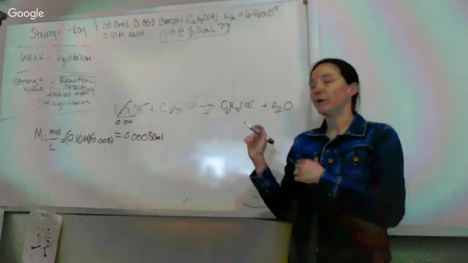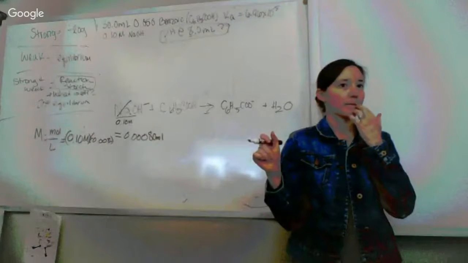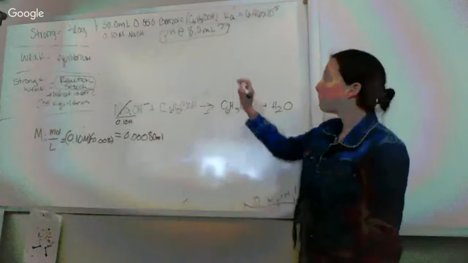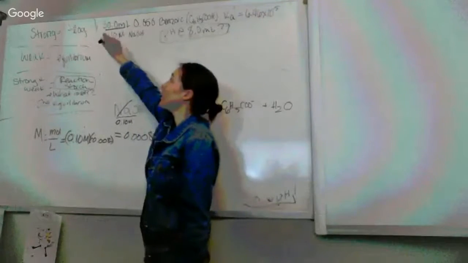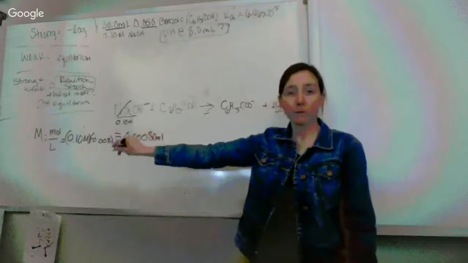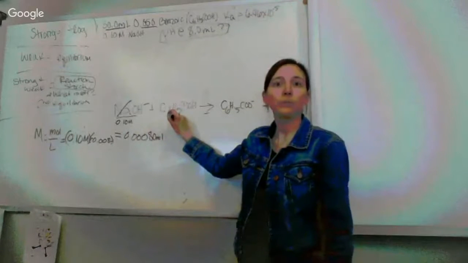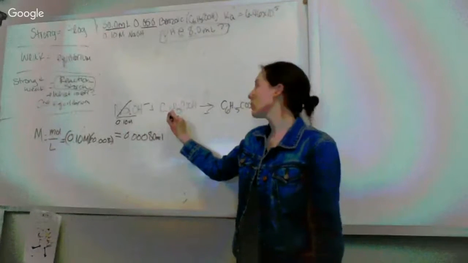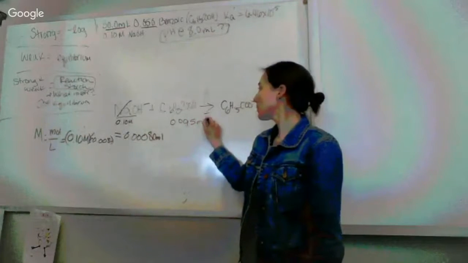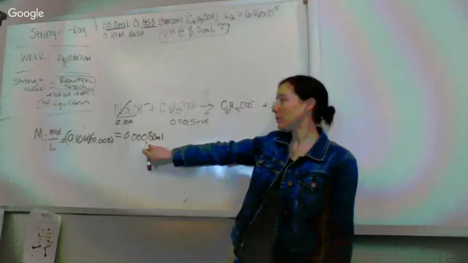Okay, how do I figure out my number of moles of benzoic acid? Good. I have 30 milliliters of it to start with, and I have 0.05 molarity. So I'm once again going to take my milliliters times my molarity. And what do I get when I put those together? 0.0015. Thank you. Okay, so I have 0.0008 and